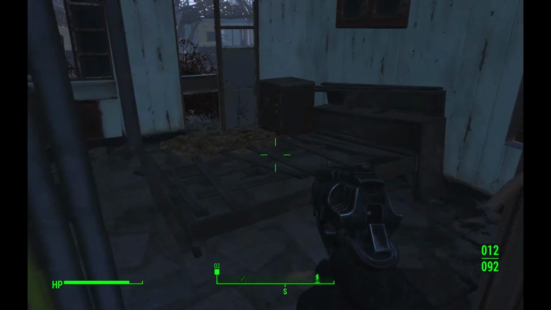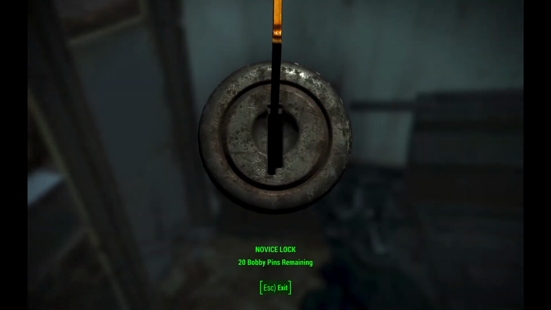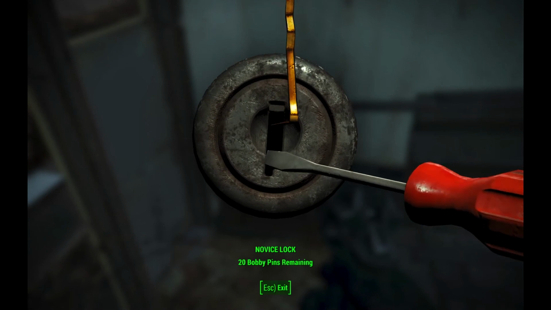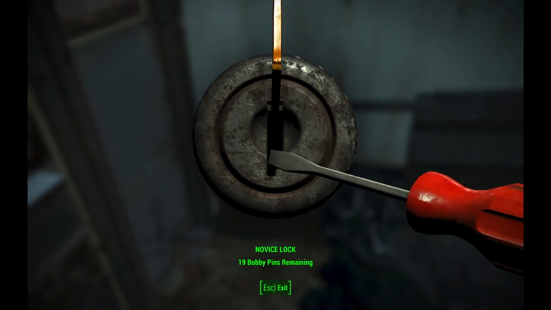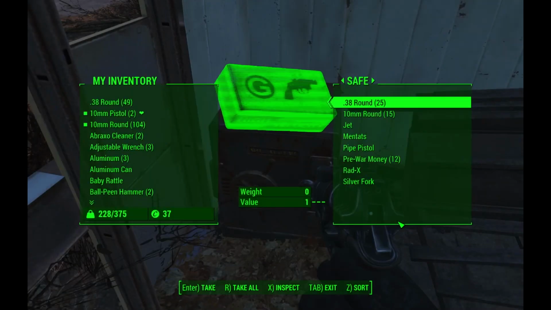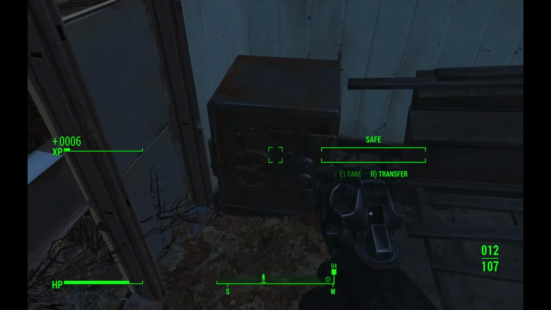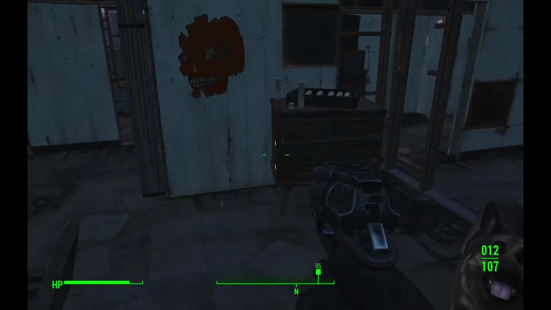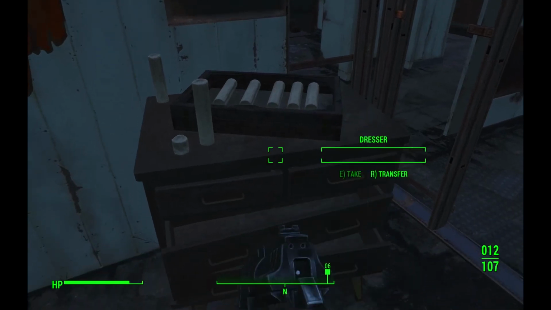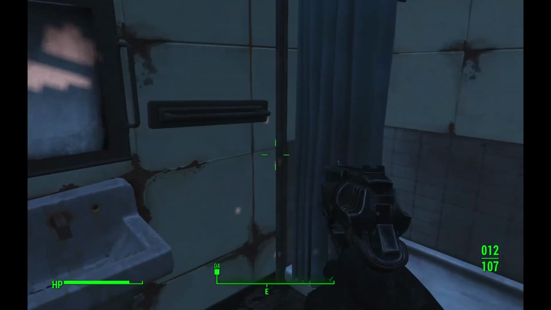Damn you, dog. Okay, there's a safe here. Novice, so I should be able to unlock this. Oh, see, they break pretty easily sometimes. More ammunition, ammunition, medicine, medicine, weapon, money, medicine, scrap. Okay. Always looking at the medicine cabinets will give you...